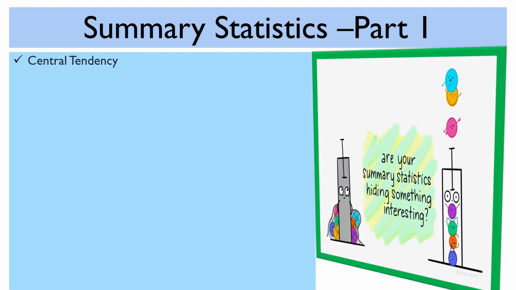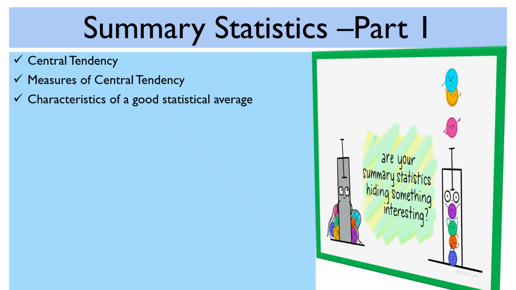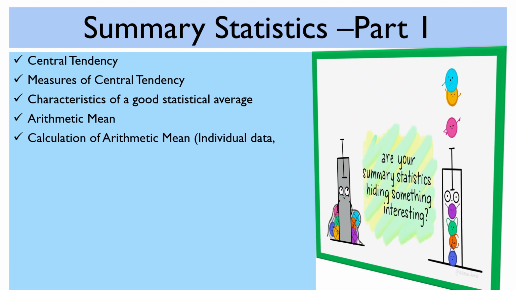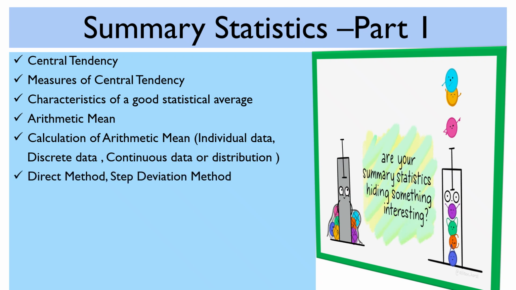Here we are going to discuss the following topics. What do we mean by central tendency? What are the different measures of it? What are the characteristics of a good statistical average? One of the averages, which is the arithmetic mean. How can we calculate it for individual, discrete and continuous data sets? And if the data set is continuous, how can we calculate the average using two different methods, that is the direct method